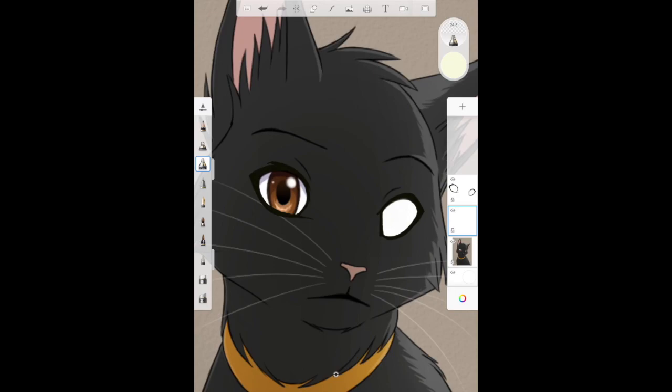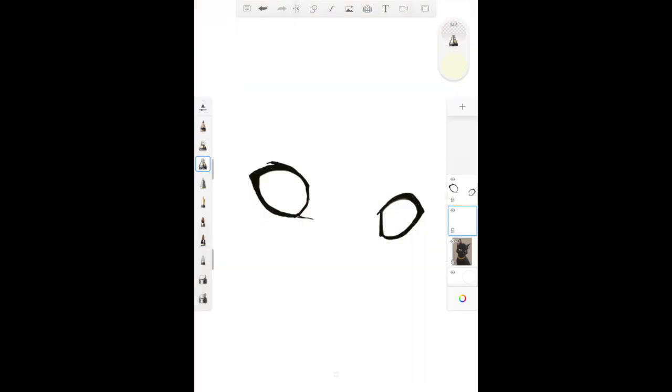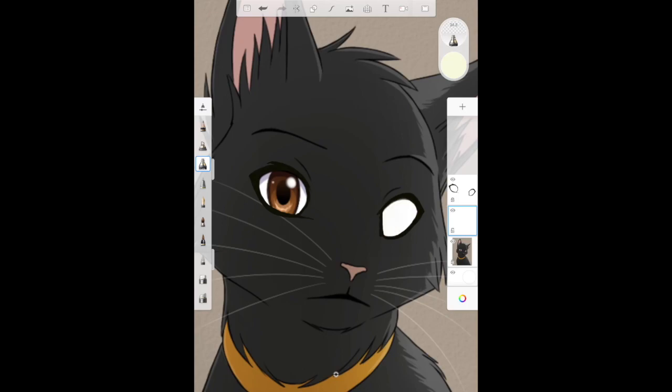So I took the liberty here of making 2 new layers, and on those layers I put the black outlines, and I did the one white part of the eye. Now the white part of the eye is beneath the black outline, so when I paint it, make sure you're on the right layer, and make sure that you know that the little eyeballs, making them blink on and off,